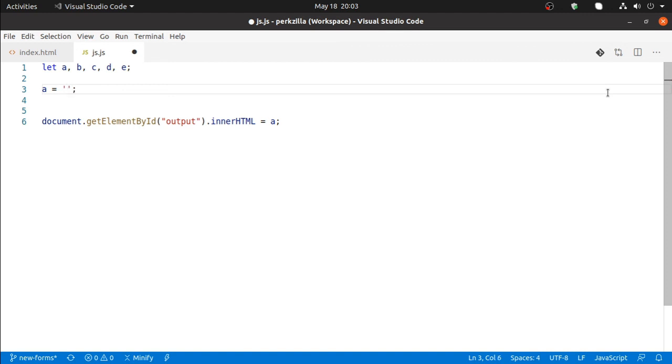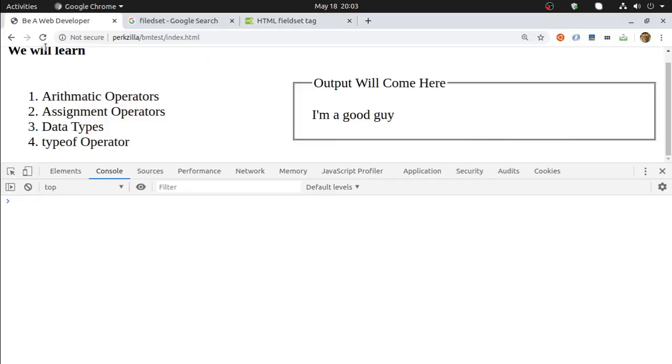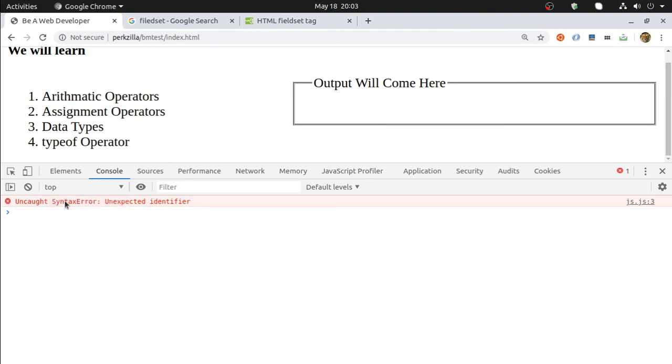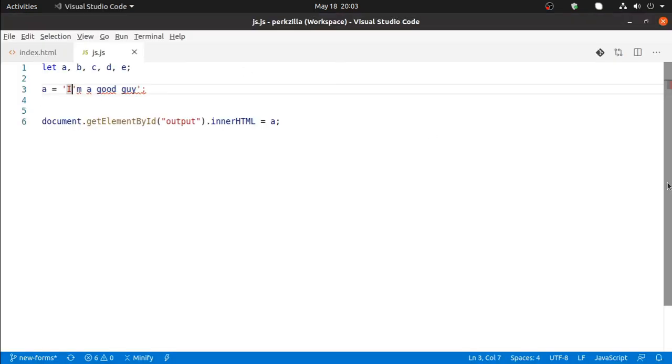Now if I take string in single quote, this apostrophe is creating a trouble. How do I overcome it? Let me refresh it first, so that, see, this is a syntax error. This apostrophe is interfering with my opening and closing of the string. What is the solution for that?